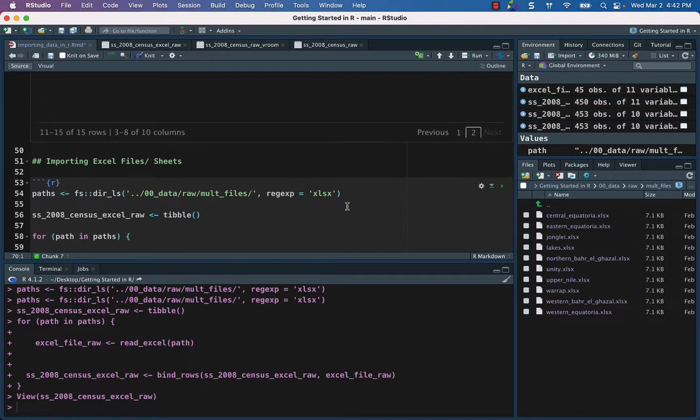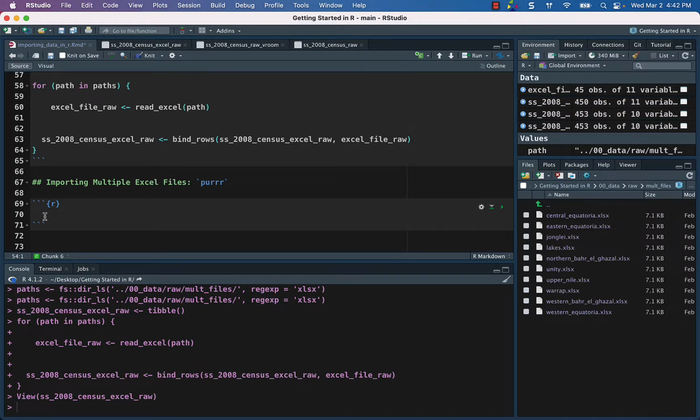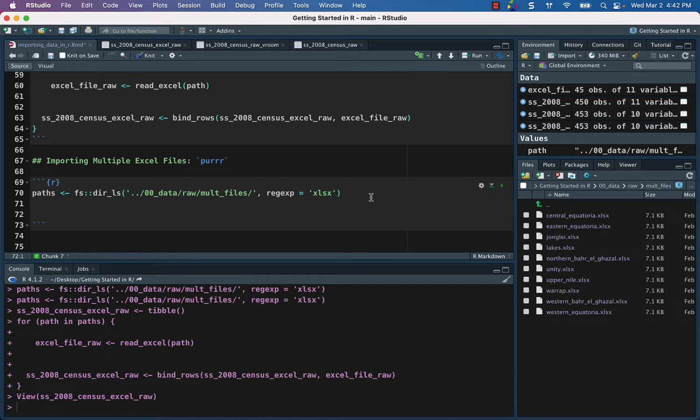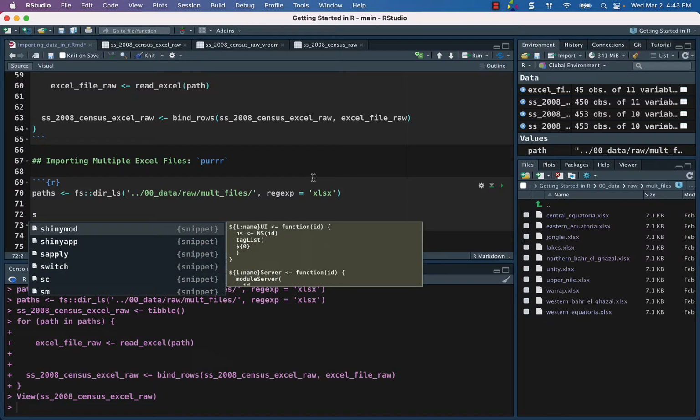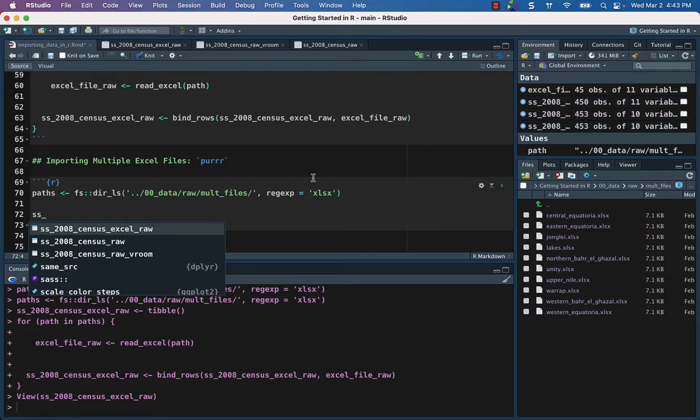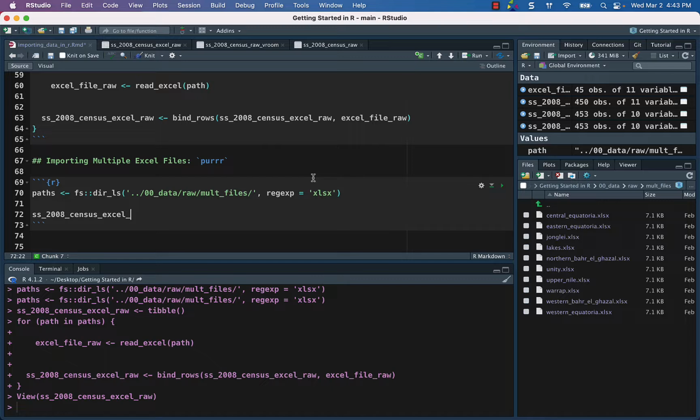Again, so we need the path, and then instead of looping through, what we can do is say, okay, let's call it ss underscore 2008 Excel, and this is going to be, let's say, purrr. And then the path, we will pipe it into,